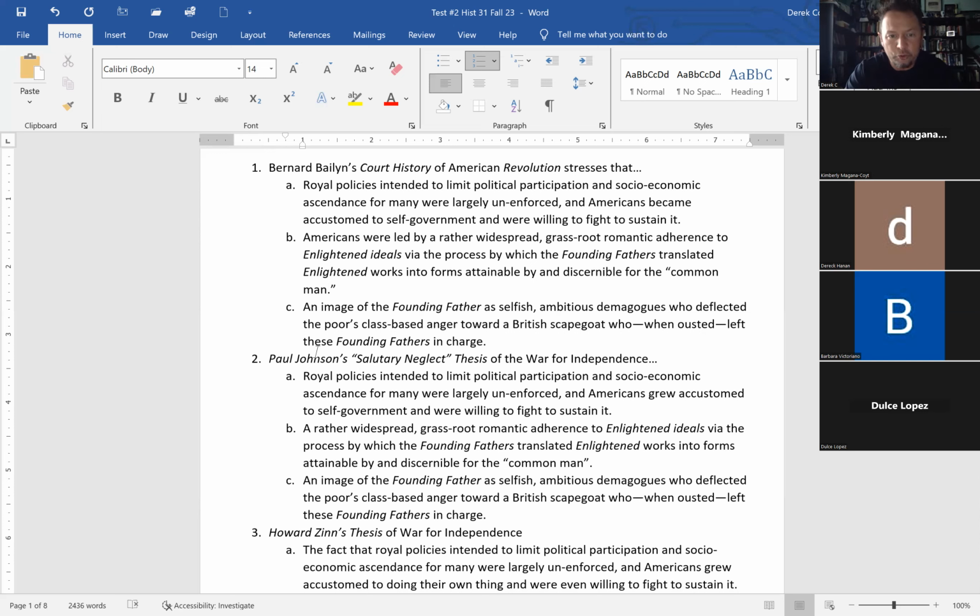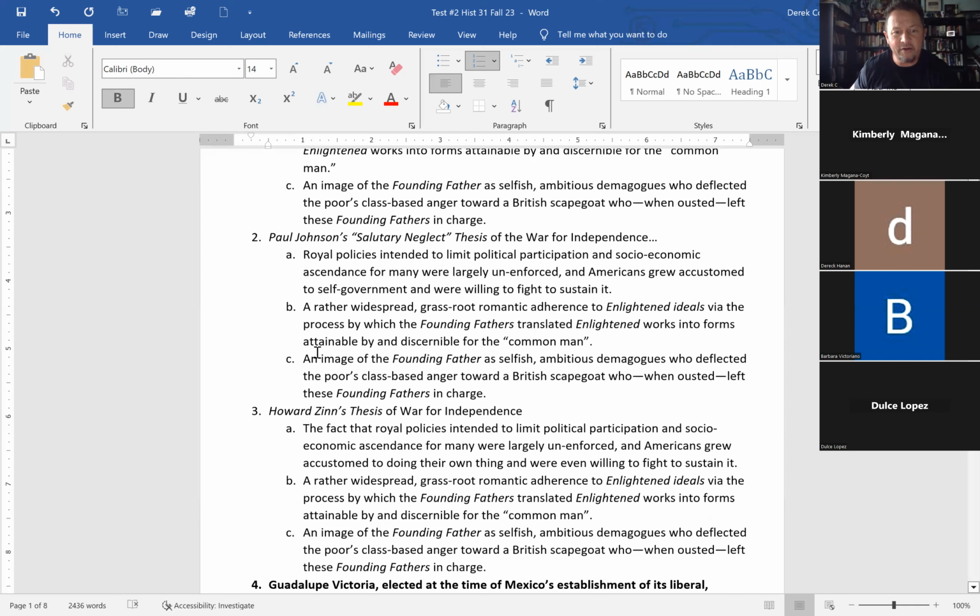Bernard Bailyn is number 2 on that handout. It's kind of the romantic one of the founding fathers and the role of the Enlightenment, etc. Paul Johnson is the British. He gives the British perspective that we were neglected, but it had a healthy or salutary effect upon us, and we fought to keep a good thing going. And Howard Zinn has that very cynical Marxist thesis that the